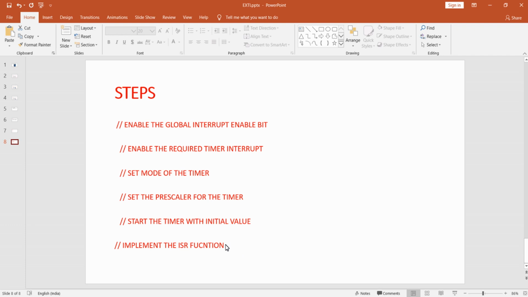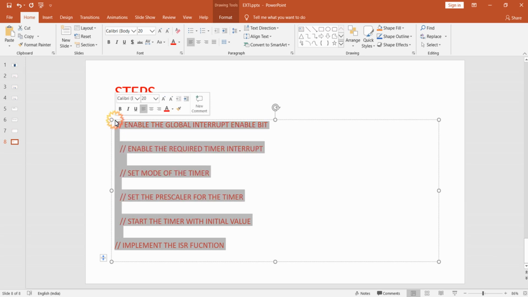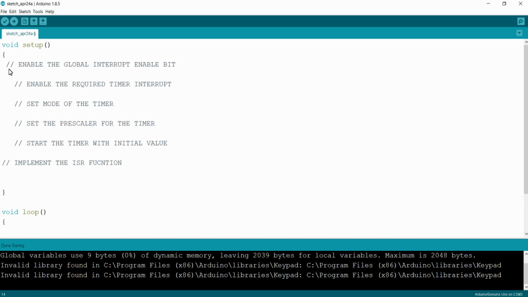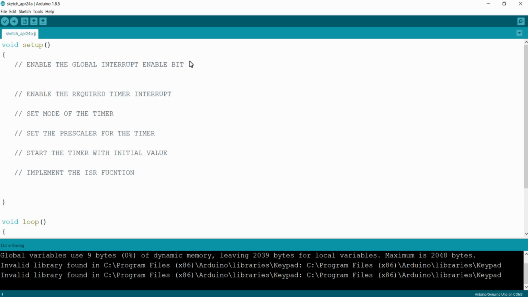I have derived some steps for configuring input capture in our timer 1. So I am copying all these steps and pasting them inside the Arduino. The first step is to enable the global interrupt enable bit, so I am calling the SEI function.